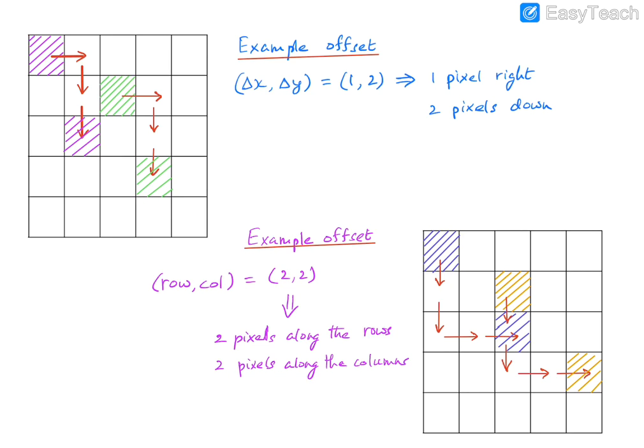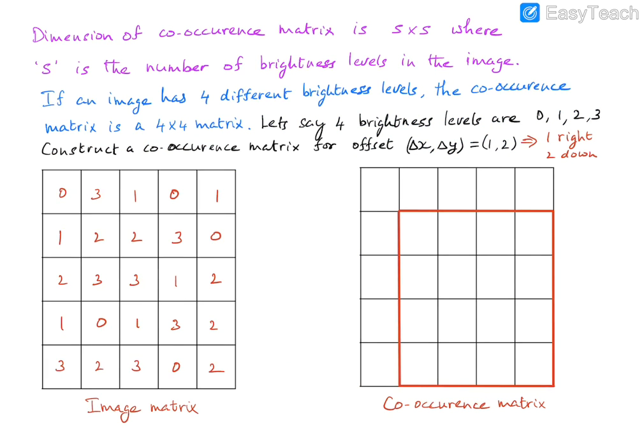Now once we understand what the offset is, what we are trying to do next in the co-occurrence matrix is find how many times a particular pair of pixel combinations occurs in that particular offset relationship. Let's see how to do that in the next slide. So basically we have an image matrix,